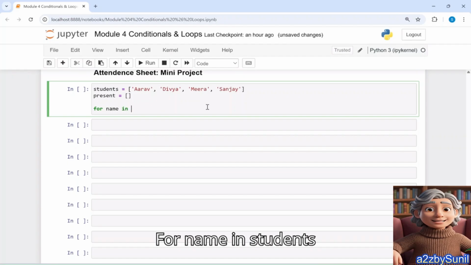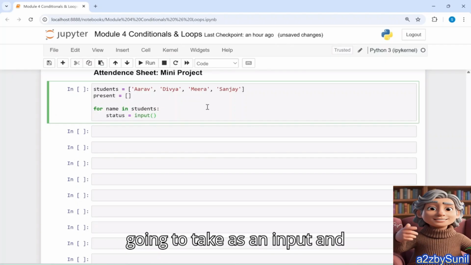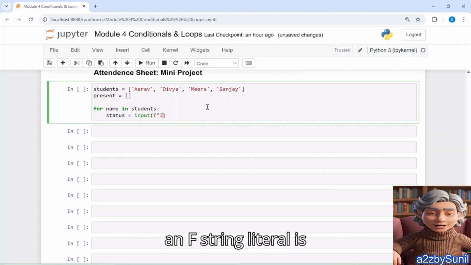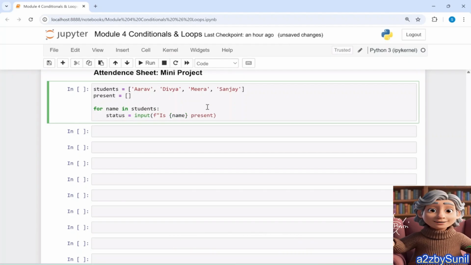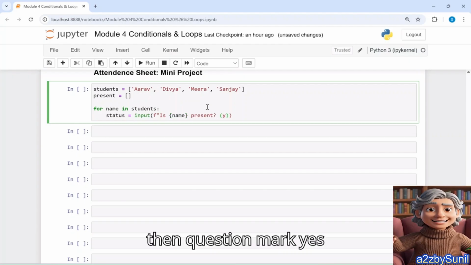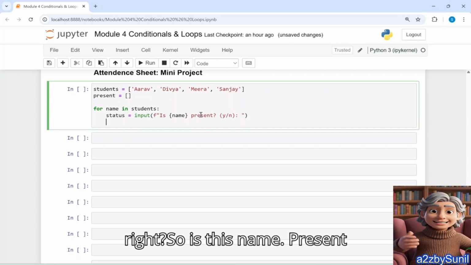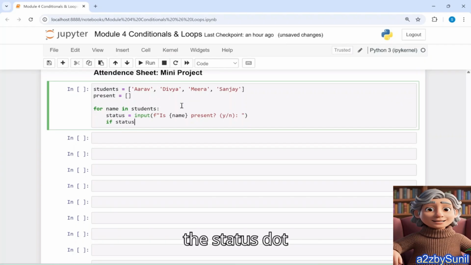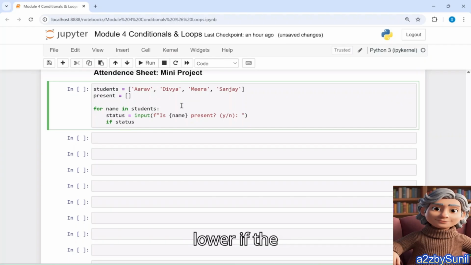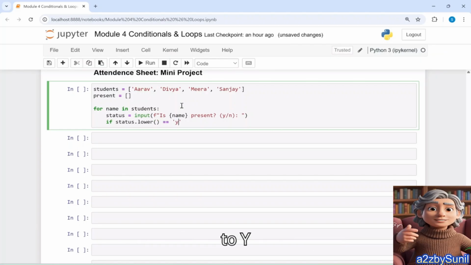For name in students, the status is equal to input, with an f-string literal: is name present? Yes or no. And then close this. Is this name present or not? So if status.lower() is double equal to y,